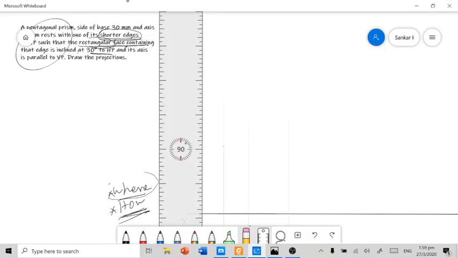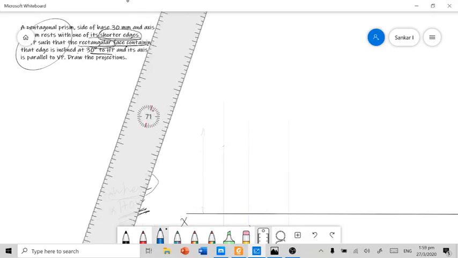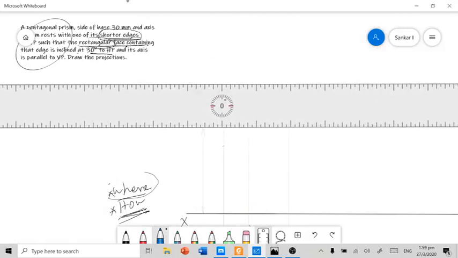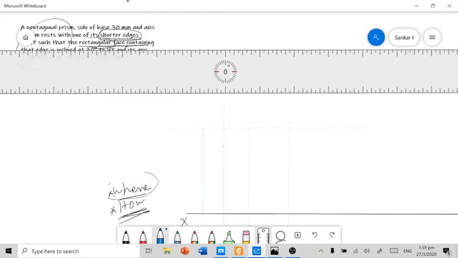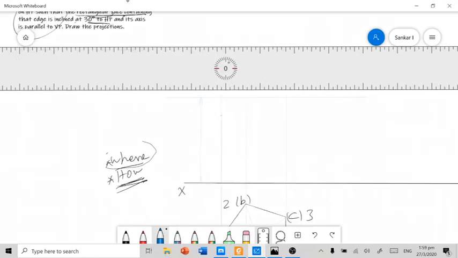So at that height, the lateral view can be completed.